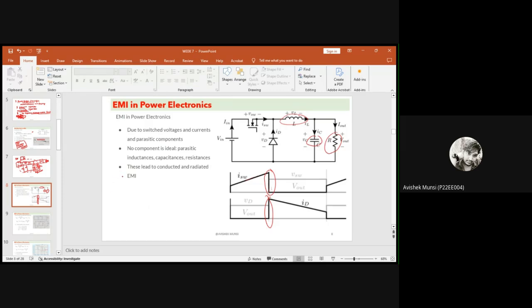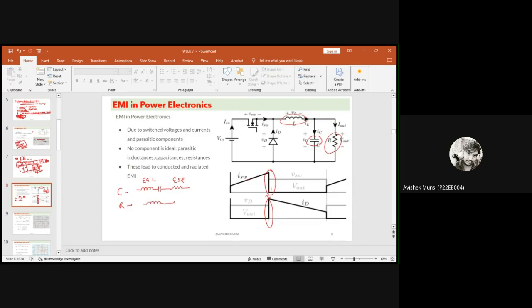If you consider the equivalent diagram of a capacitance, you can see the equivalent capacitance diagram like that. It has ESR, equivalent series resistance, and it has equivalent series inductance also. So these are parasitics. In the case of a resistor, if you consider it has,